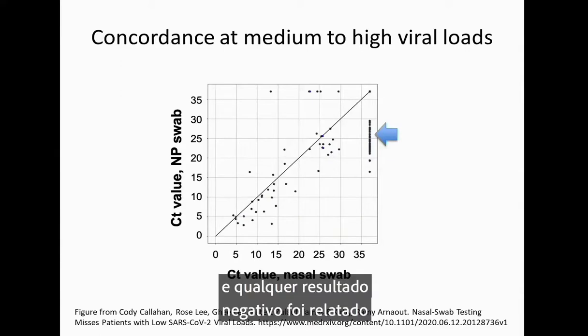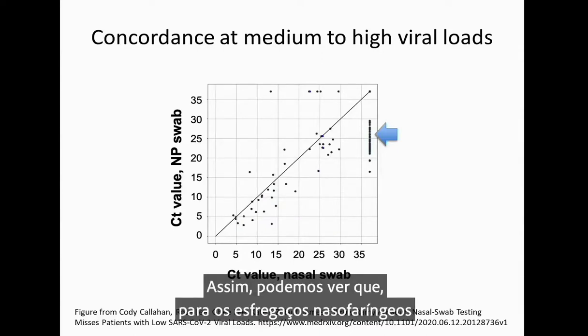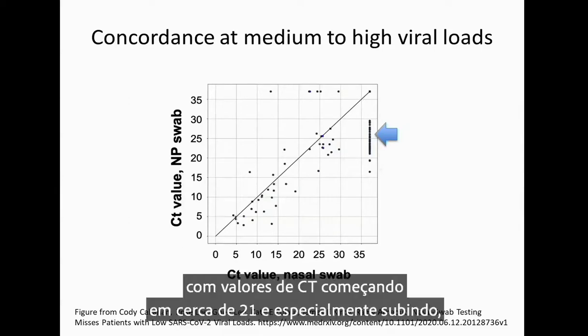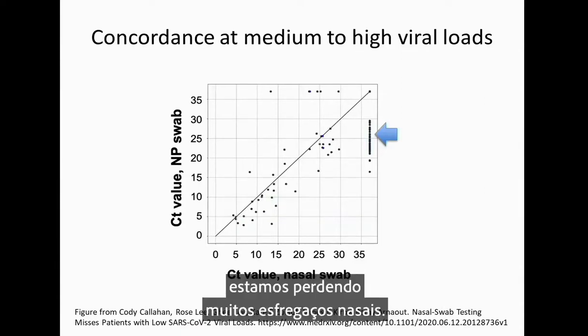Anything that was negative, we're reporting as a CT value of 37 in this graph. And so you can see that for nasopharyngeal swabs with CT values starting at about 21 and especially going higher, we're missing a lot of nasal